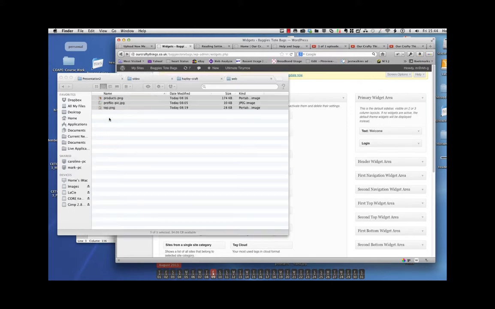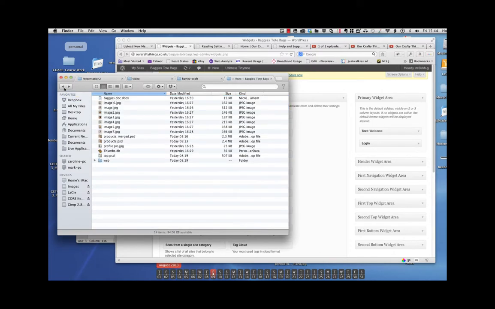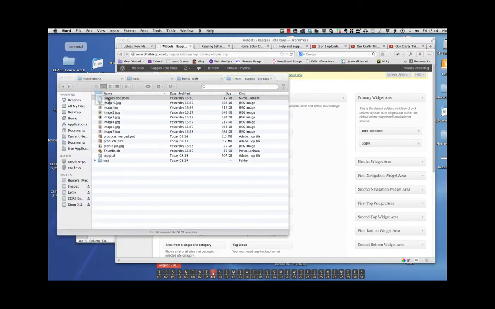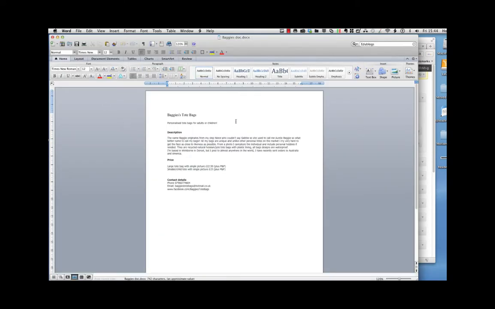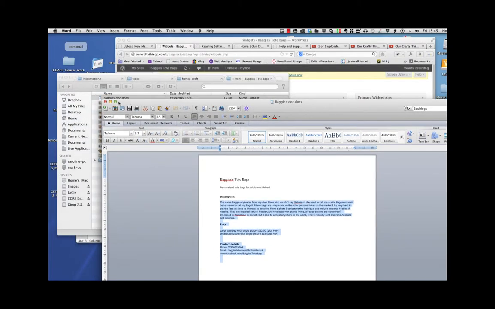One thing I will do is just open this document, because I need to grab the text. Don't know what she's saying about herself, don't know anything. I haven't actually looked at it yet, so I'm just going to show you how quickly we can do this. If Word would open slowly, thank you. So here is their description. We're just going to grab it all because I don't know what I'll use yet, and I'm going to come back. I've copied that,